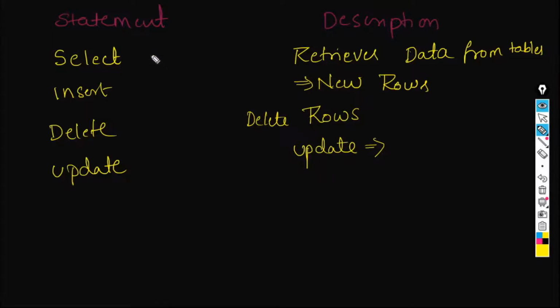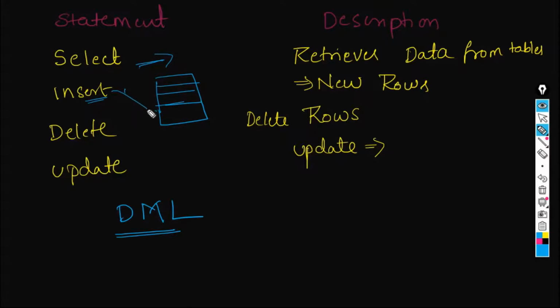All these statements come under a category of data manipulation language, DML. If you observe, with select we are only selecting the entries. We are not doing any manipulation. But in the case of the insert statement, we are actually changing the data. Suppose this is the table which had only this many entries, we are adding one more row of data into the table with the help of this insert command.